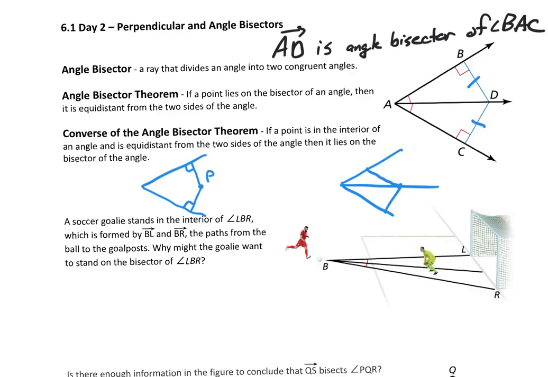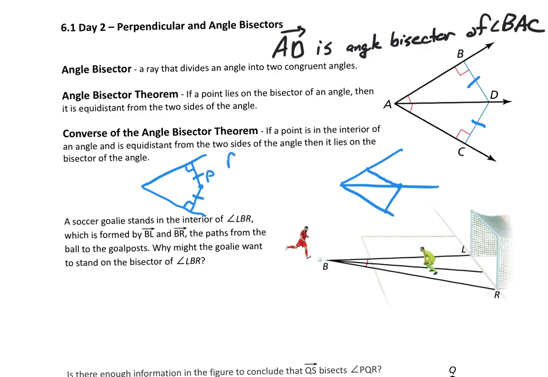And once again, we want both of these to be 90. And I'm telling you that these 2 are congruent. Okay, so if these 2 segments form a 90 and these 2 segments are congruent, then what we can conclude